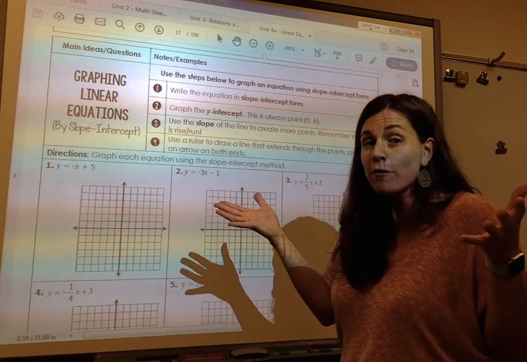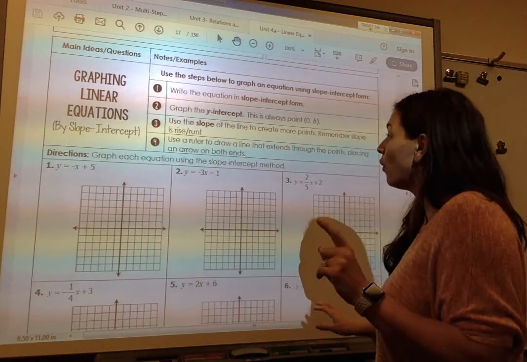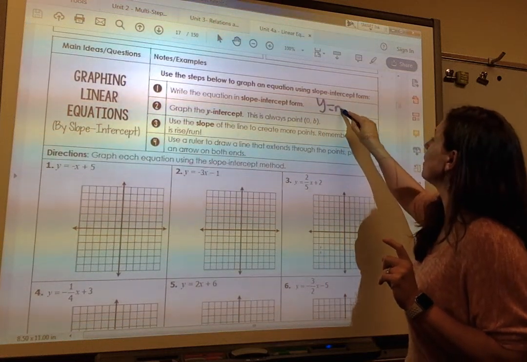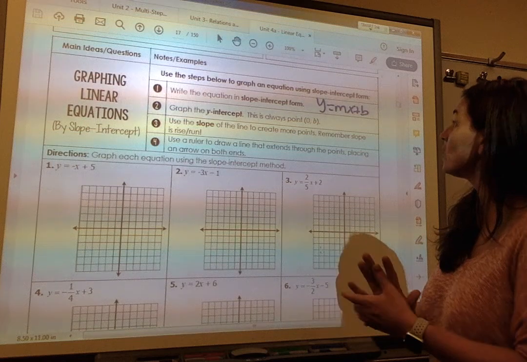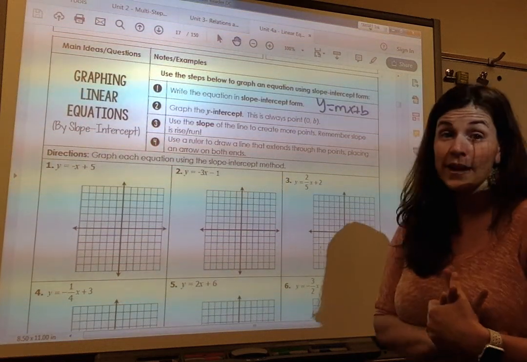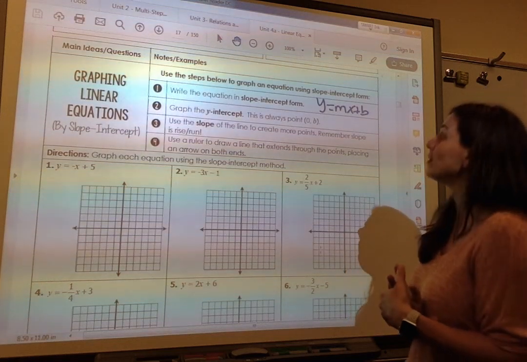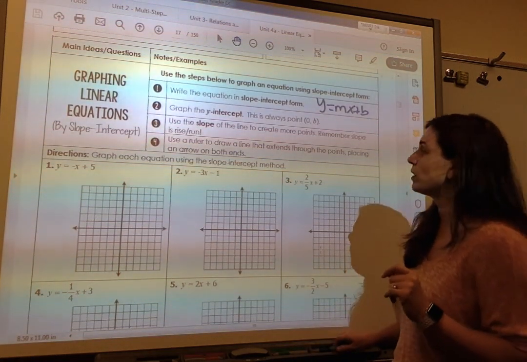Now remember, slope-intercept form, you need a slope, you need a y-intercept. And don't forget, my slope-intercept form is y equals mx plus b. So step 1 is to write the equation in slope-intercept form. Then I'm going to graph the y-intercept. And then I'm going to use the slope to create more points. And then I'm going to use a ruler to draw a line that extends to the points, placing an arrow